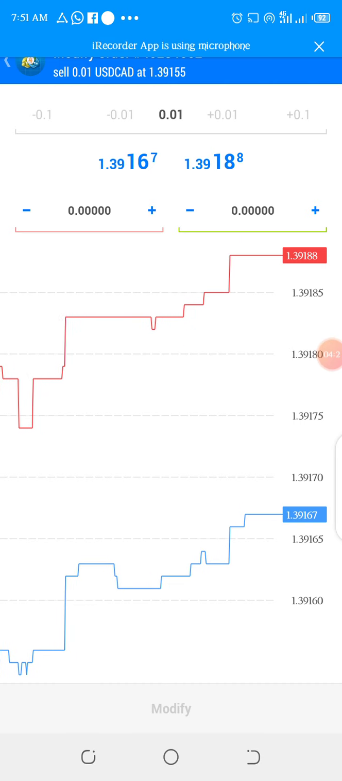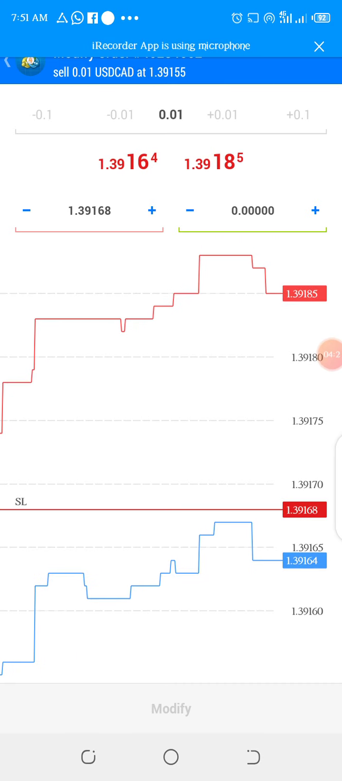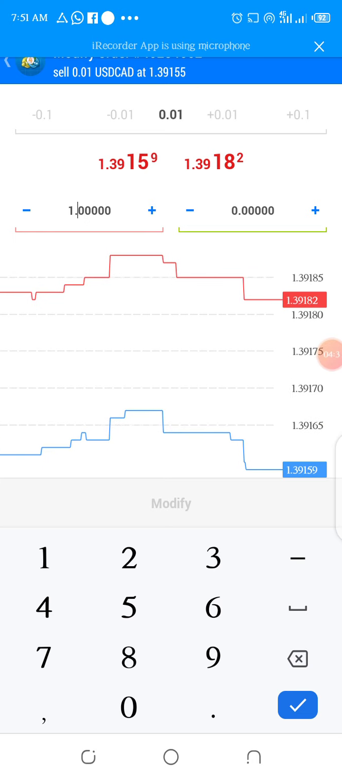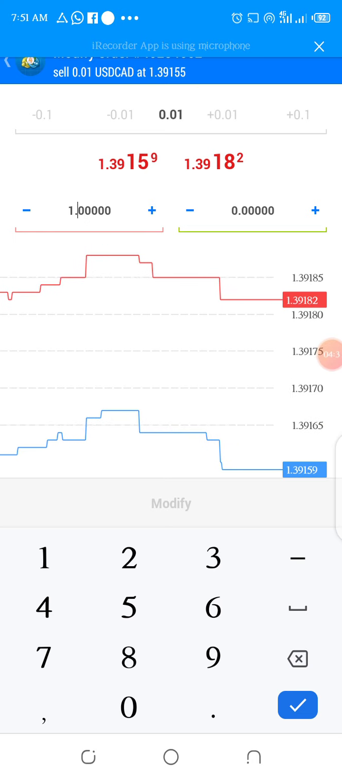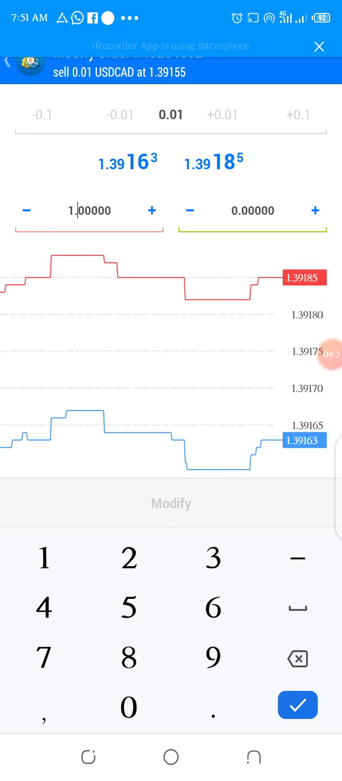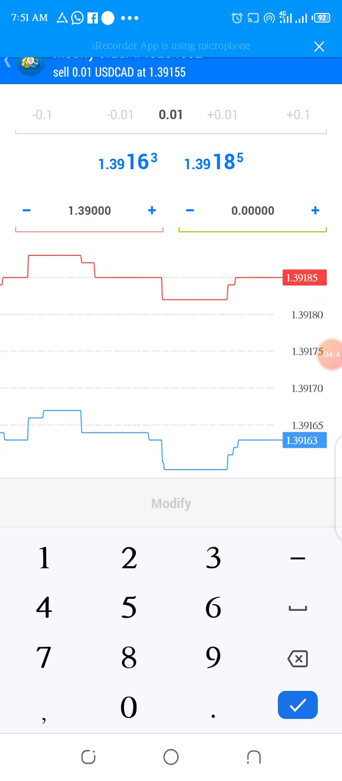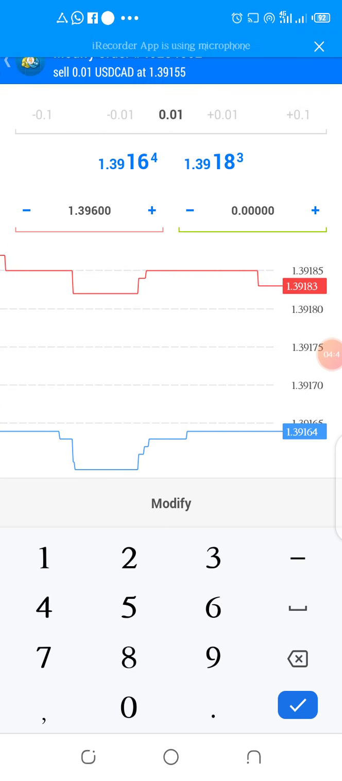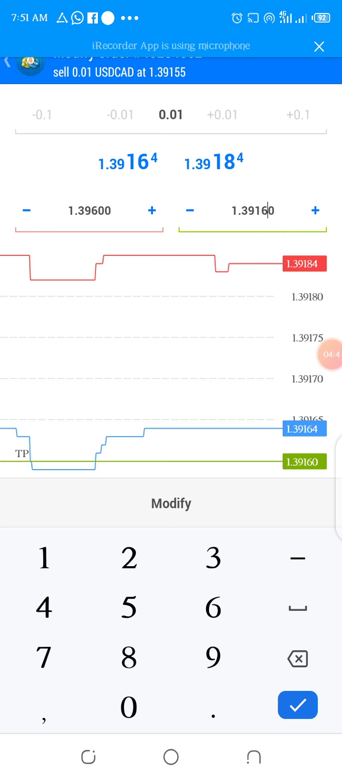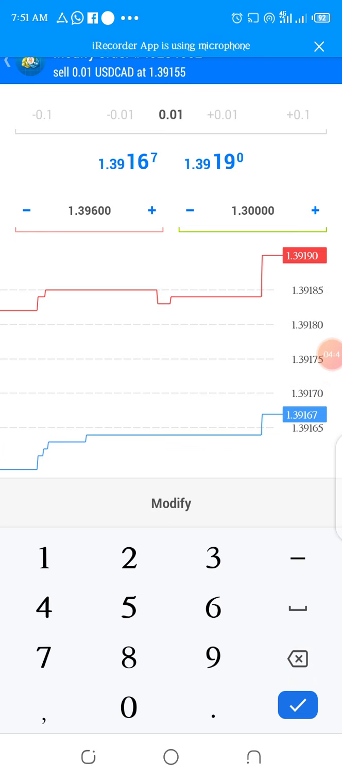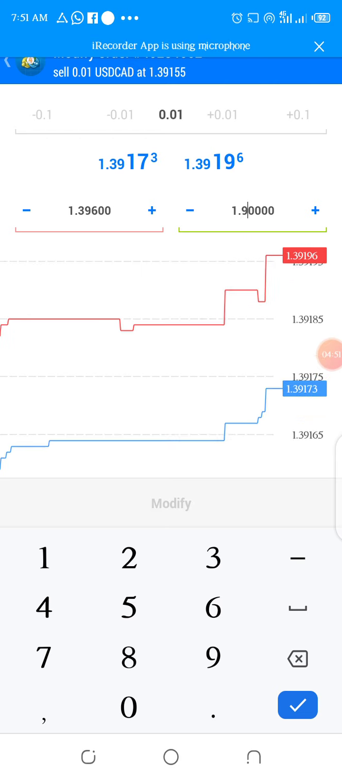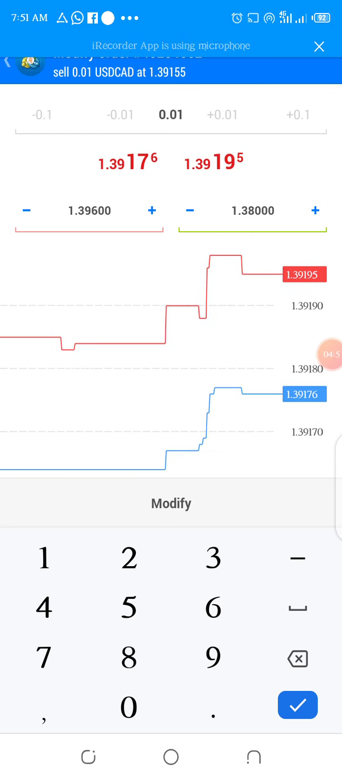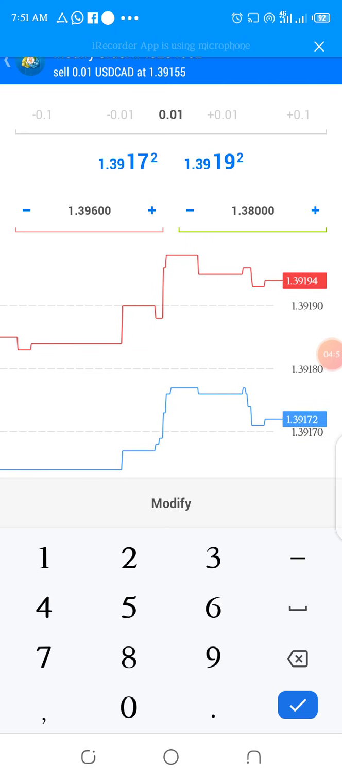Now once you put those two pieces of information, let me just put a random stop loss. I sold, so my stop loss should be up, let's say 1.39. I'm just going to put a random stop loss, 1.396. Then I'll put a random take profit also, let's say 1.338. All right, so I've just used a random take profit and stop loss, but all this information will be